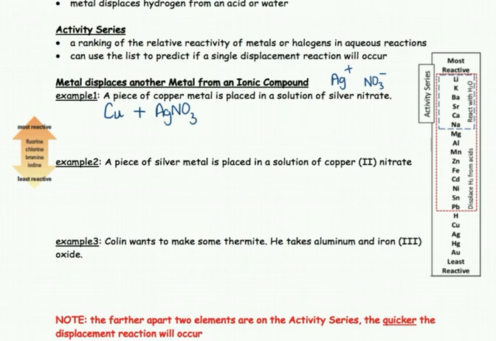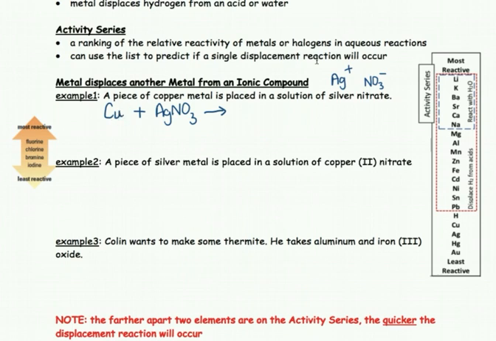There have been some questions about what state symbol I should be using and so forth. I just introduced it to you in some earlier lessons, but for now, don't stress about the state symbols. I'll show you how to do those in a bit. So for now, we have copper metal coming in, and it's being placed into an aqueous solution of silver nitrate. So we need to determine if this reaction is going to occur. Since the metal is coming in here,